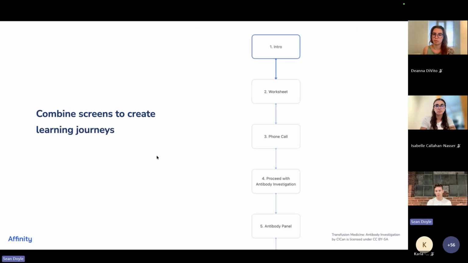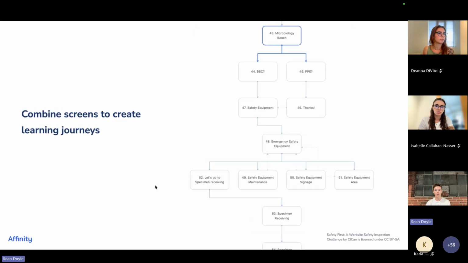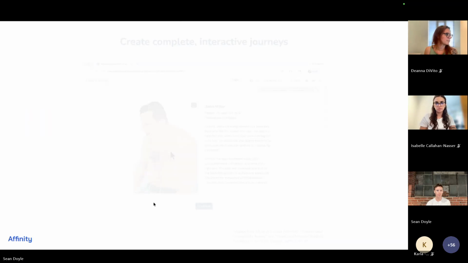And so those screens that you just saw come together to create full learning journeys, and they can look like this, completely linear top to bottom. They can also look branched like this one, where there's multiple learning pathways that you can go down based on the decisions that the learner's making, things they did, things they didn't do. And this is sort of the shape that they can take on. These examples I'm showing are actually from our OER library, which I'll show in a moment. These are real examples that are published as OERs.